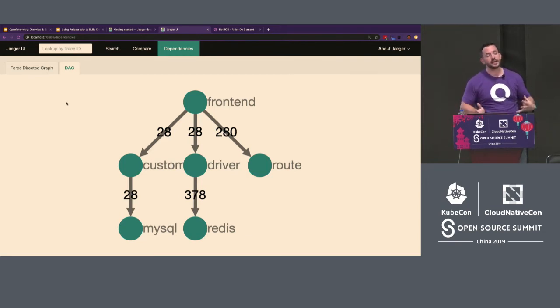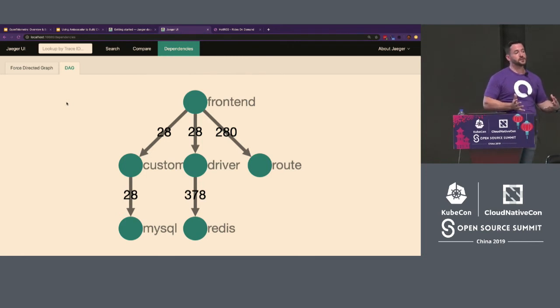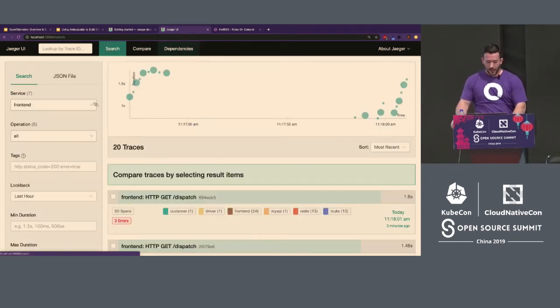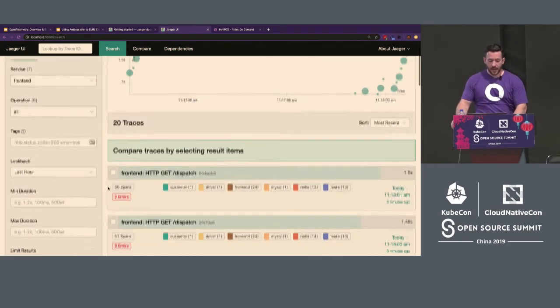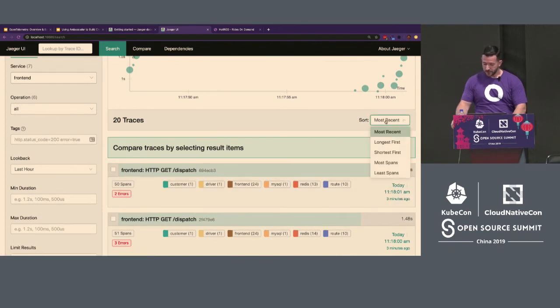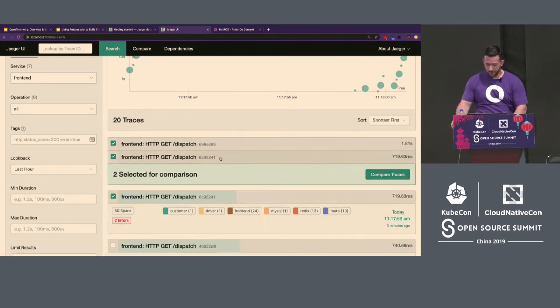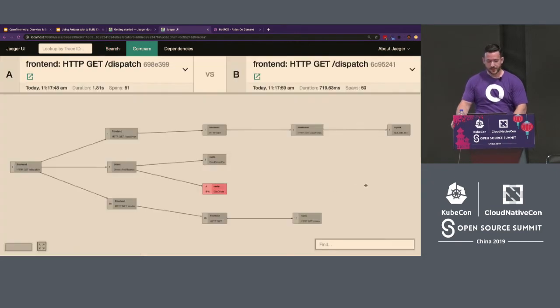So again, very quickly I can visualize my infrastructure, and as new calls are made, this service graph can be updated. This is typically handled by the Spark or Flink jobs that you're running from an analytics perspective to build these graphs. And then what's really cool is that I can do comparisons of different things. So for example, maybe I want to look at the longest running trace. So I'll take this one, and I want to compare it to the shortest running trace. Let's say this one. And I can say compare traces.